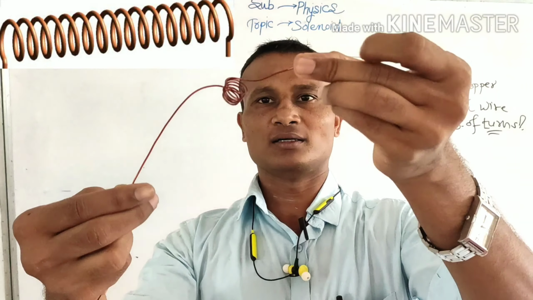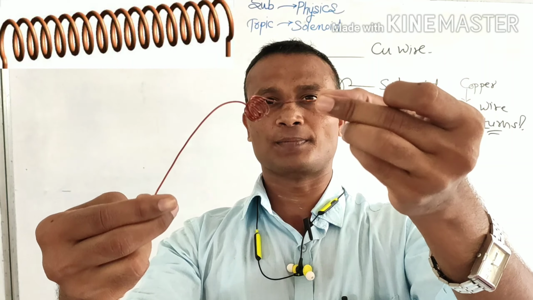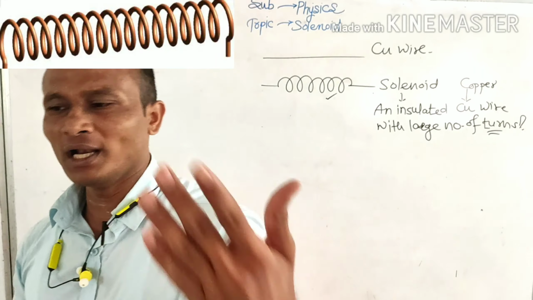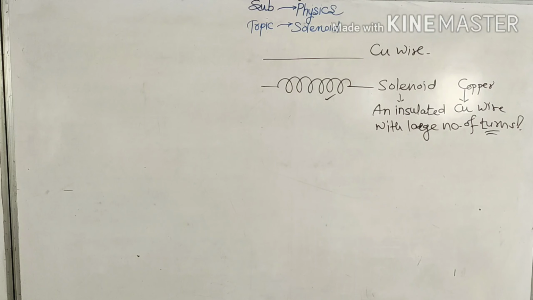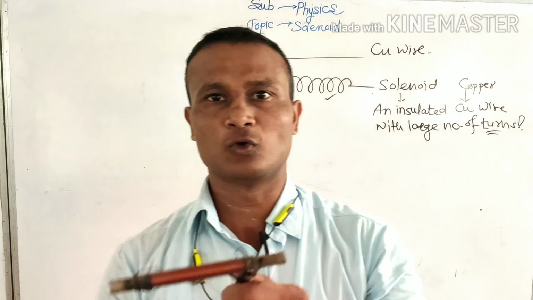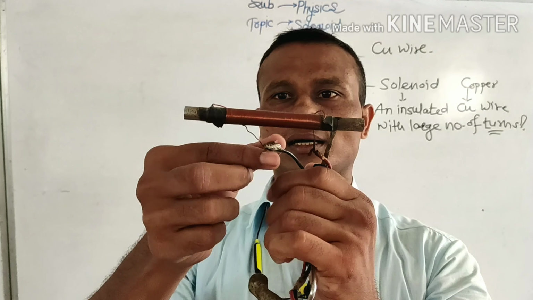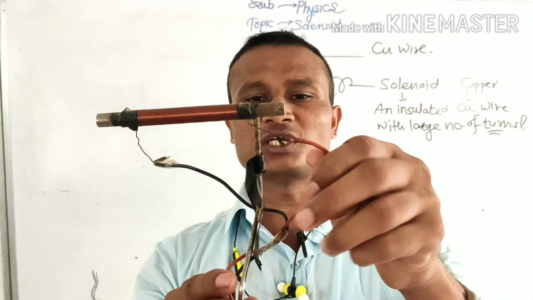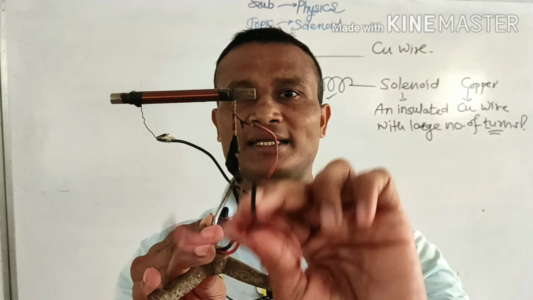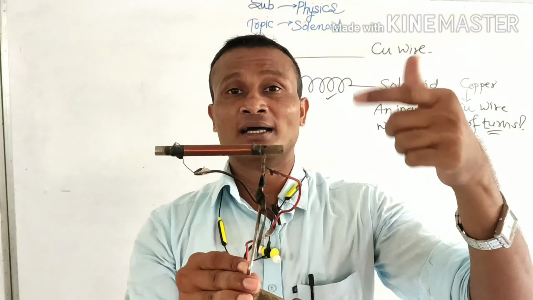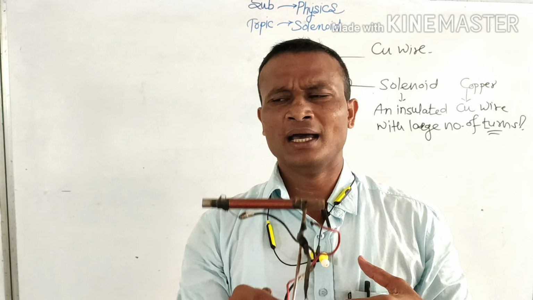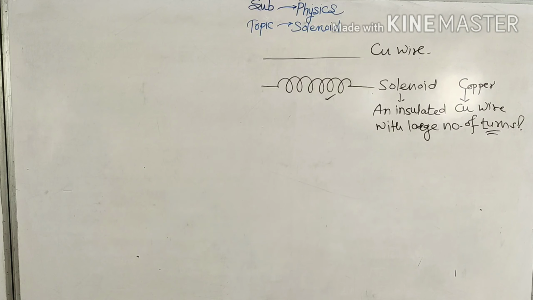Now this is the end, we can connect to the supply or a battery. This is the other end, we can connect to the battery. In reality it will look like this. This is how your solenoid looks. This is an end for electrical connection, this is the other end for electrical connection. And we know that when we connect these ends across a cell or a battery, that will produce magnetism. Then why is there a necessity of learning the solenoid specially? It's a point of concern.